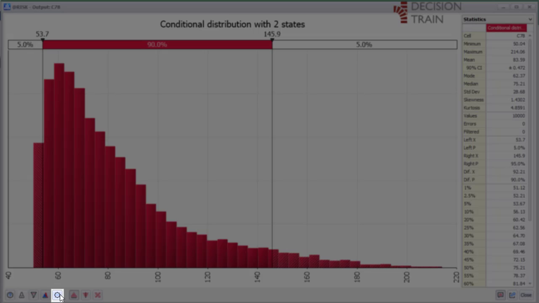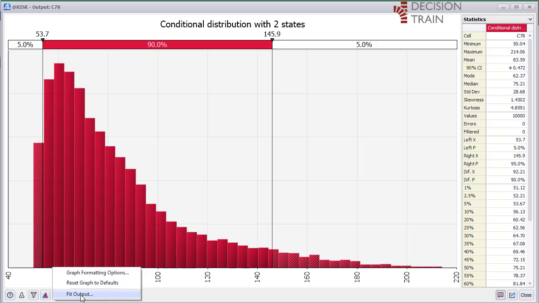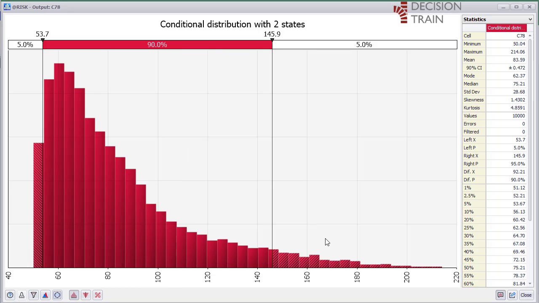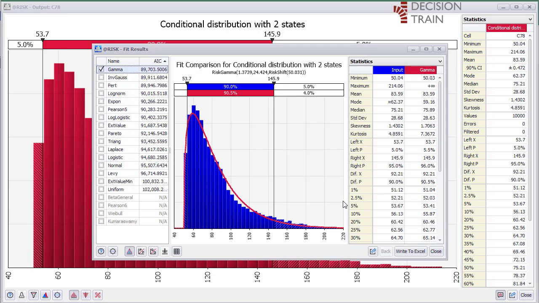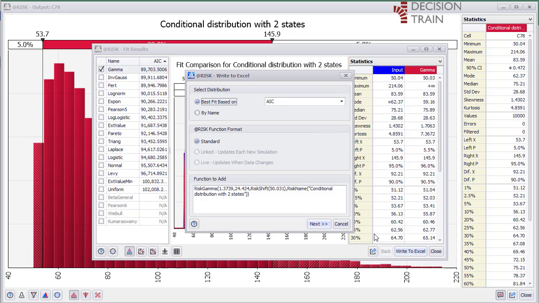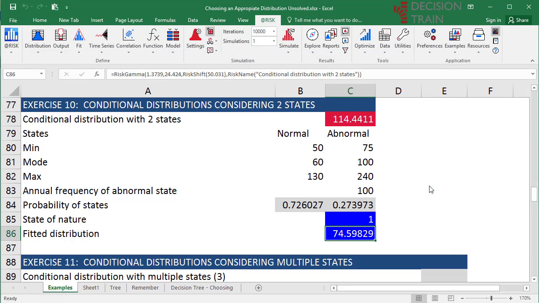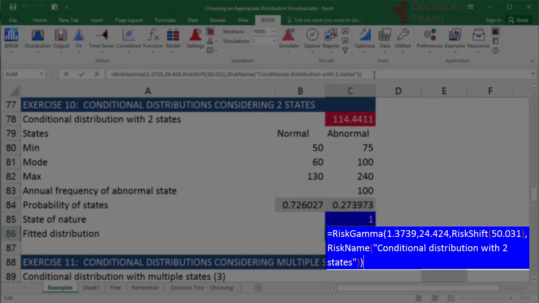Use the settings icon on the output window to fit the dataset. Simply click OK to proceed to fit output. A suggested gamma distribution will be the best fitted distribution according to the AIC. We now write this cell back in cell C86 equals RiskGamma(1.3886, 24.024, RiskShift(